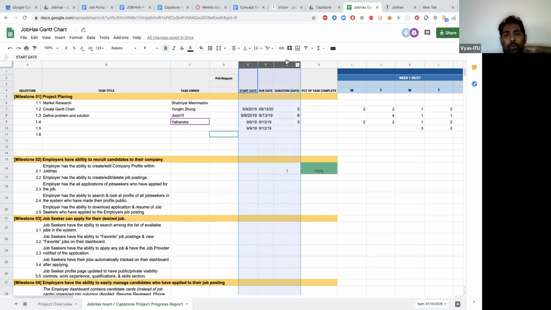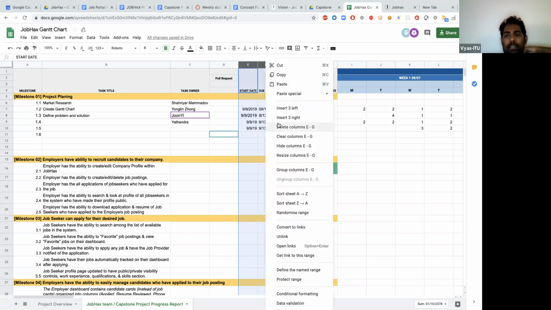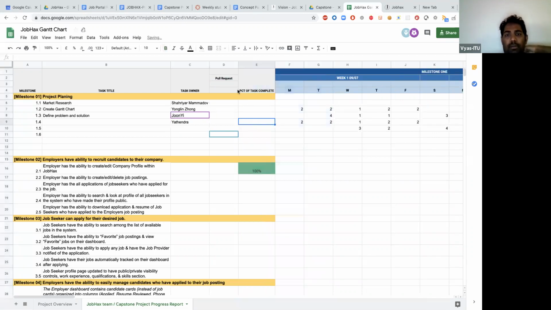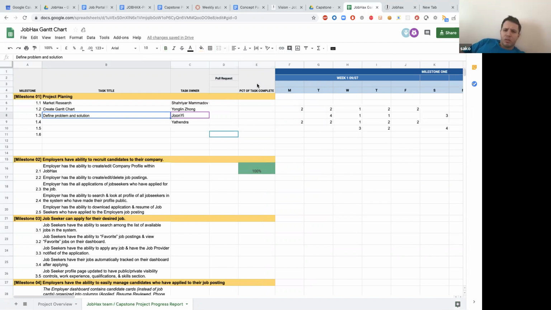Well, I think we don't need it, because if you see on the weekly columns, we have the date there. Week 1 says 0907, so that should be fine actually. Task owner, title, percentage of complete.